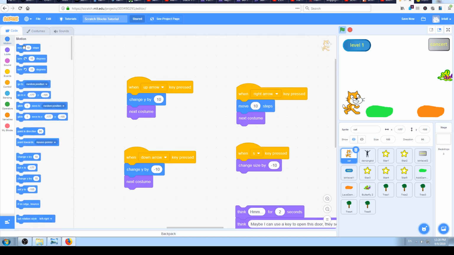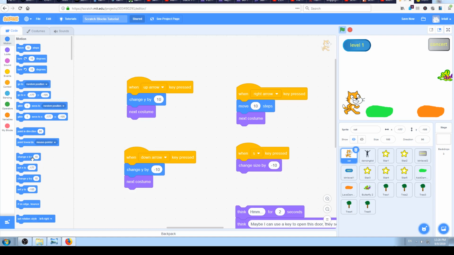So we are using the first block, move, for left and right, and we are using this change Y by for the top and bottom. So maybe this is confusing some of you, and you are asking now, why are we not using change X instead of move? And we are going to explain that in some of the later videos,